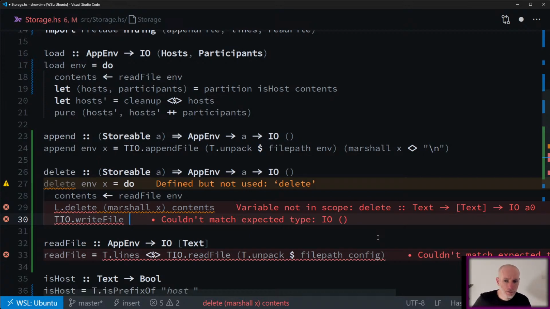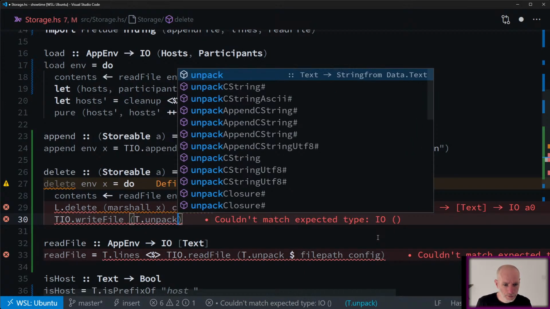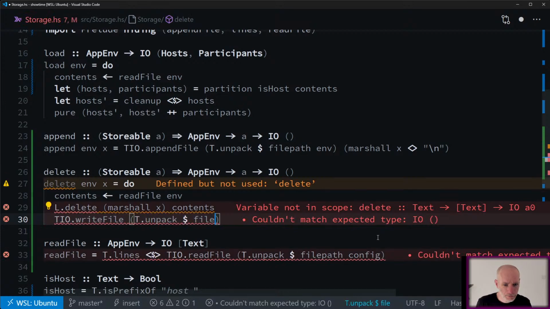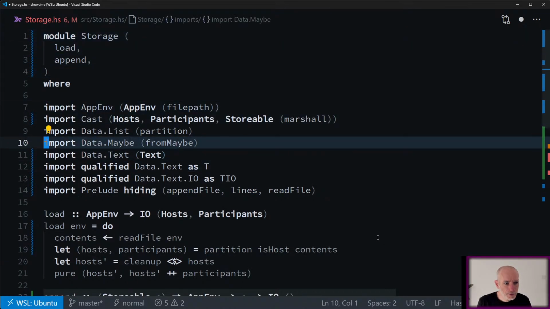And write file, I'm guessing, will take the same arguments. So it's going to have file path. Is T.unpack file path config, which just makes a string. Okay, so let's start this.